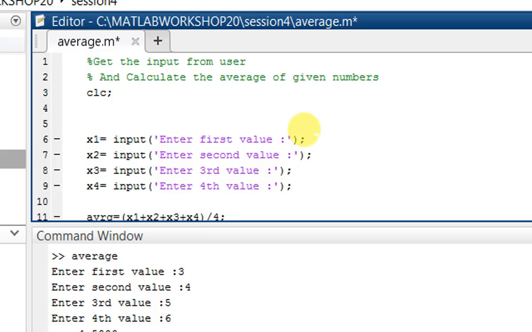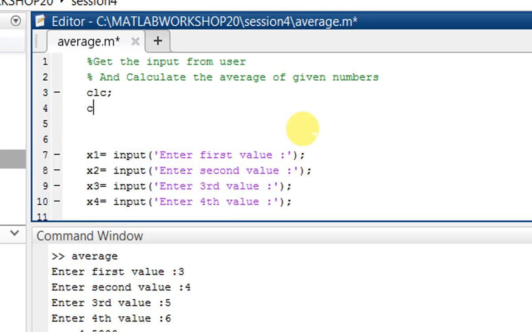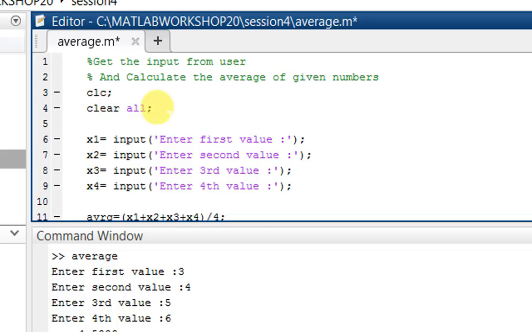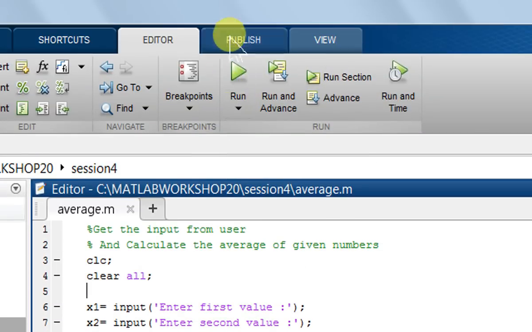CLC clears the command window, and to get fresh inputs stored in our workspace, we use the clear all command. So with clear all, all the workspace data is cleared, from the script file, from the command window and from the function window also. Now press Ctrl S to save this program and again hit run.